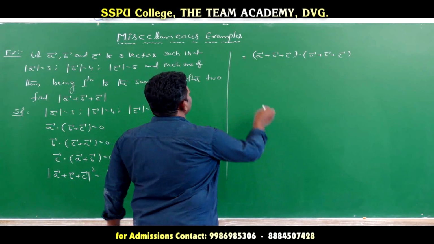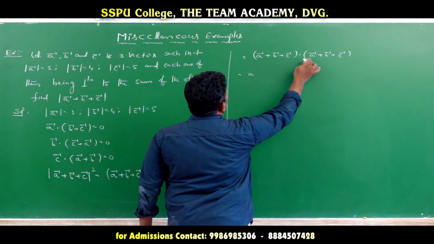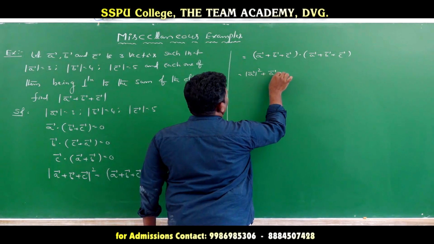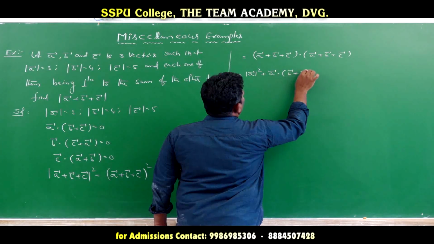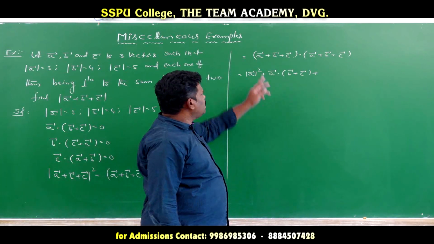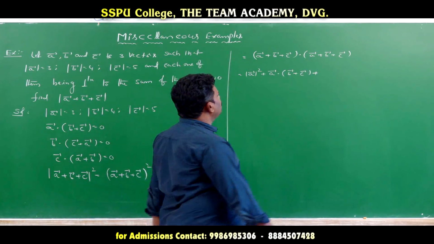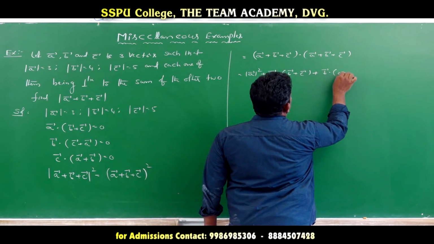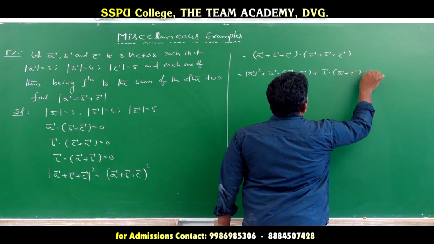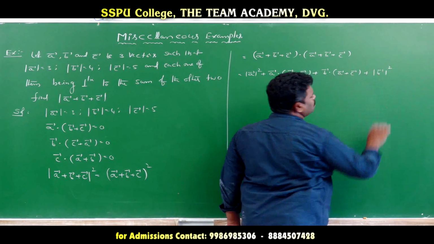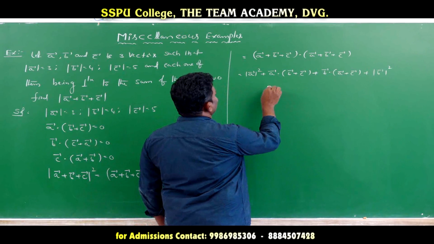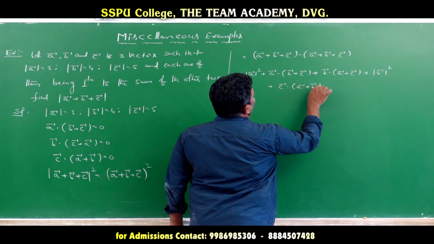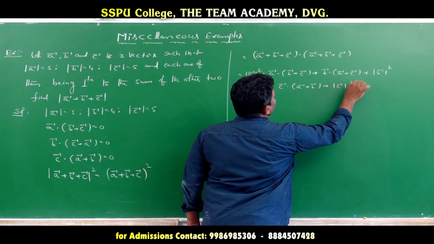Now if we multiply this product, we get A bar dot A bar, magnitude of A bar squared. Next, A bar dot B bar plus C bar. So the first vector A multiplies with the two terms; likewise, the B vector multiplies with the remaining two vectors: B bar dot A bar plus C bar, plus magnitude of B bar squared. Again, C bar dot A bar plus B bar, plus magnitude of C bar squared.